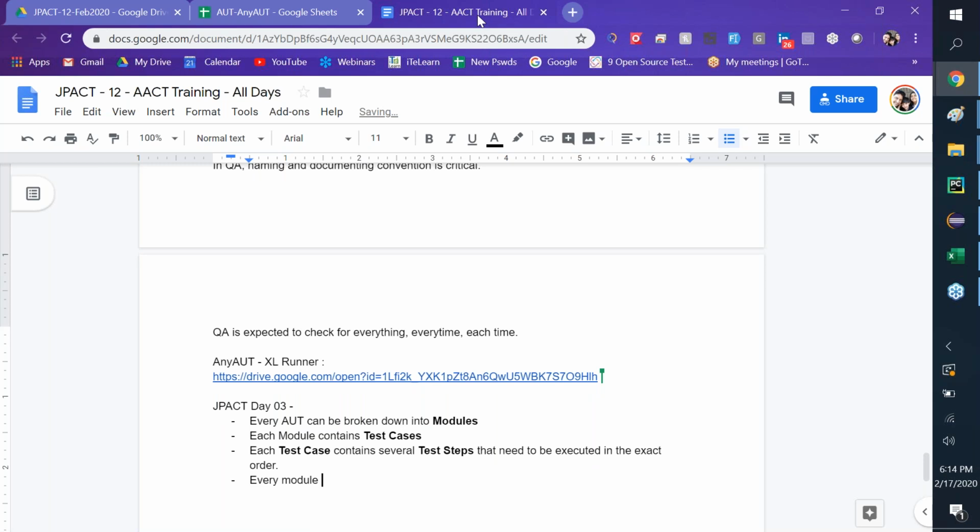Every module needs to be thoroughly tested. Hence, we need to write many test cases and scenarios to handle various usages of that feature in this memo. So